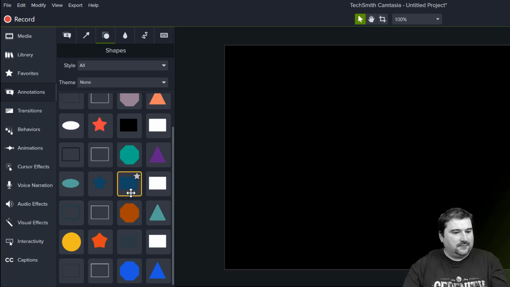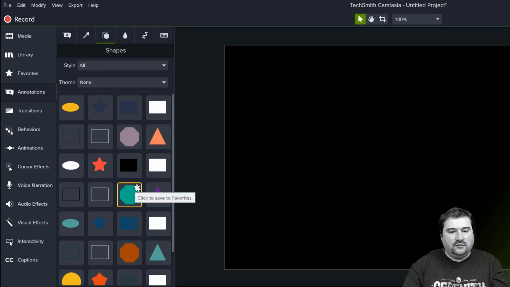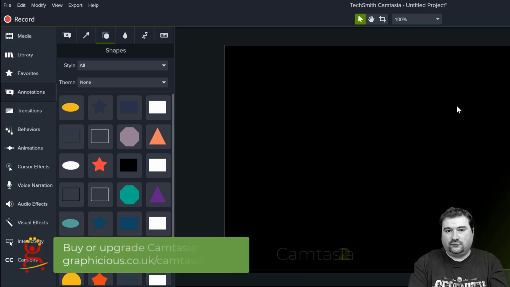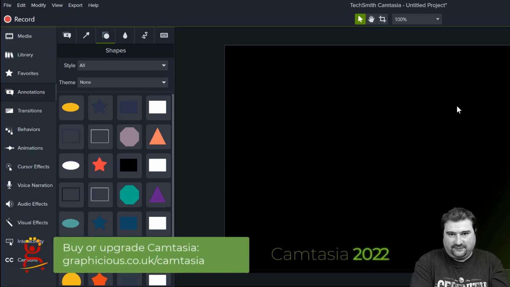Let's think about this arrow that I told you about. If you want to create an arrow that is thinner at one end and thicker at the other end and has a nice pointy triangle at the end, there you go, I've said it. You need to think about the shapes that combine into creating that arrow. And you also need to think about using the Media Matte effect. The Media Matte effect was introduced in Camtasia 2021. Before that, in 2020, there was the Track Matte effect, which allows you to achieve the same effect.